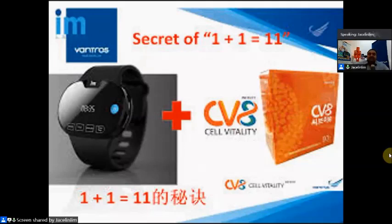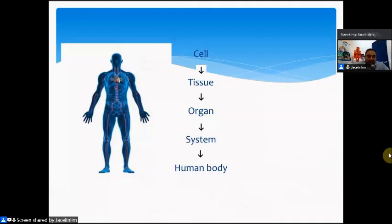So the other way it works is it reduces free radicals. In all our cells, we have antioxidants on one hand, and we have free radicals on the other hand. They are both kind of the opposite. The antioxidants are the very stable part of the cell that gives us a more younger appearance, gives us more health, and reduces the risk of disease. On the other hand, the free radicals are the ones that cause more damage, faster aging, increase the rate of disease, and make people more unhealthy and more susceptible to heart disease, Alzheimer's, diabetes, and high blood pressure, among other